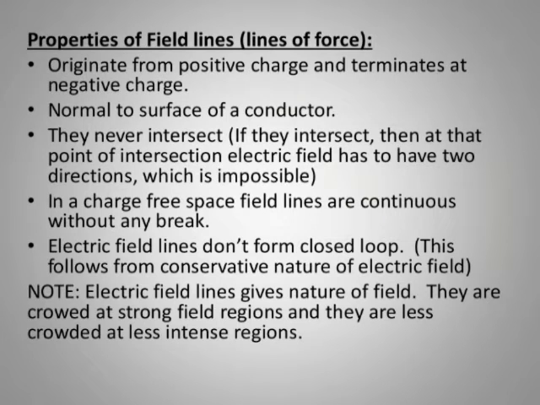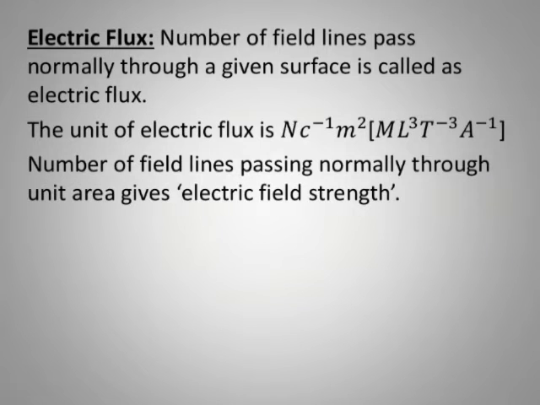And going on further, we studied about the properties of field lines, which tell you that they originate from a positive charge and terminate at a negative charge, and they never intersect. They do not create any loops. They are continuous without any breaks. So this is what we studied in the last class, and in today's class we'll be studying another concept,